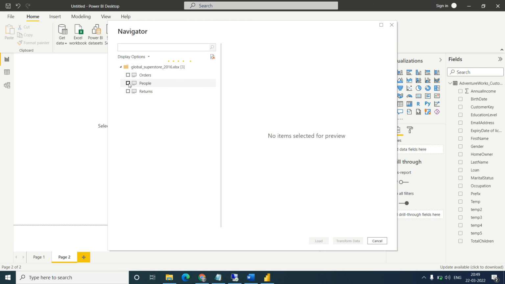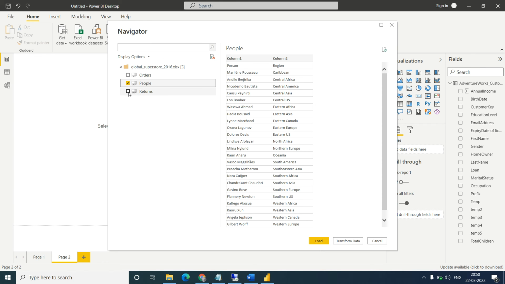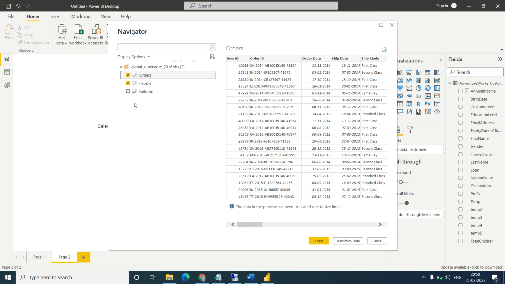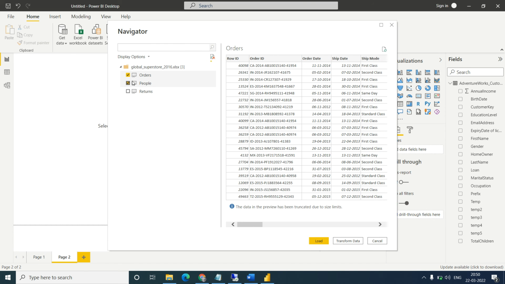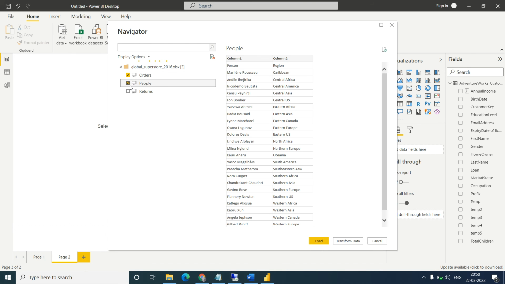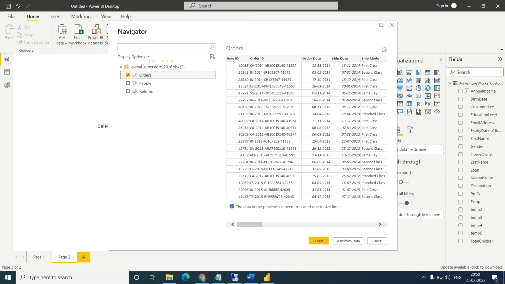Take People. So I have the Orders table. Just load this.